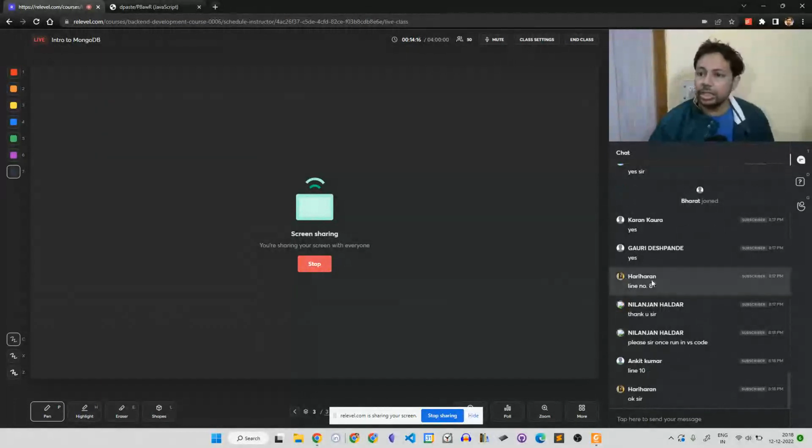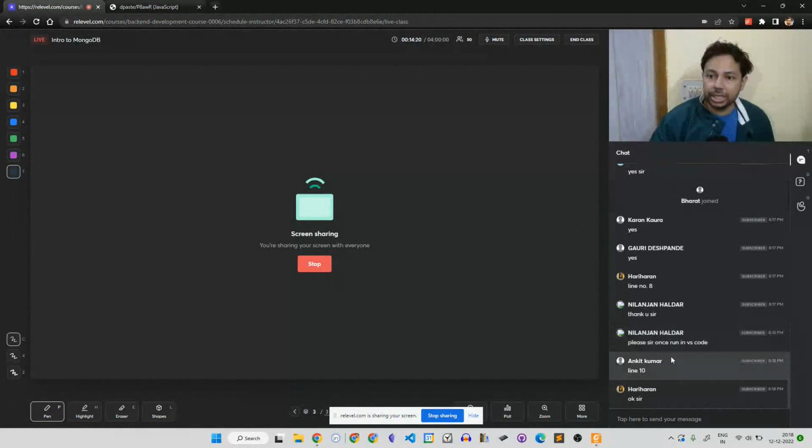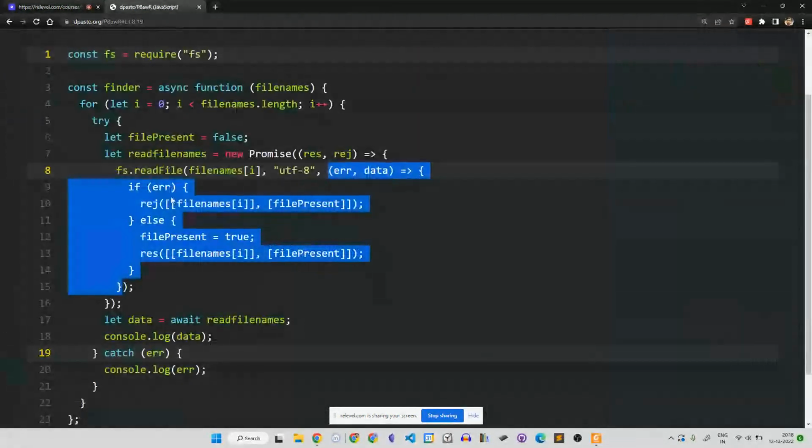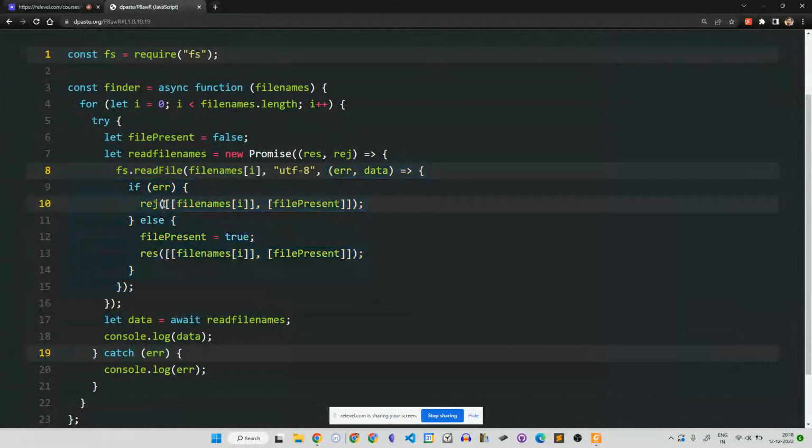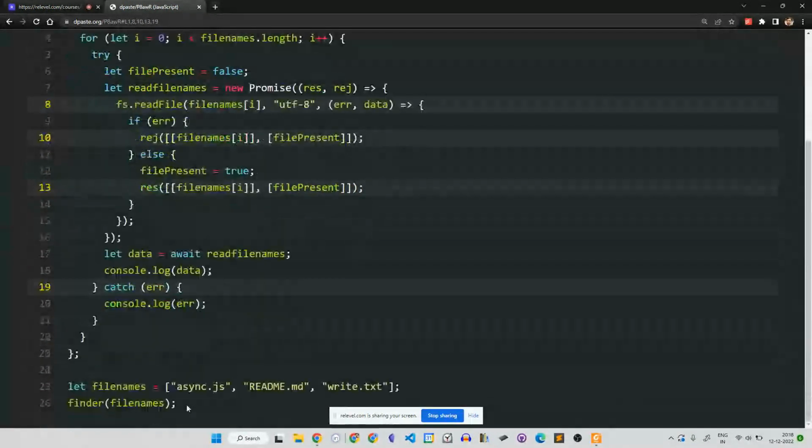Line number 10 is from Ankit. Sir, once please run in VS Code. I'll run it in VS Code. Just give me 1 second. Line number 10 is basically in the reject function. Whatever is the reject function for this promise, send this data. This is what this is doing. So if I were in his place, I'd write it differently, but anyway, I'll copy paste this